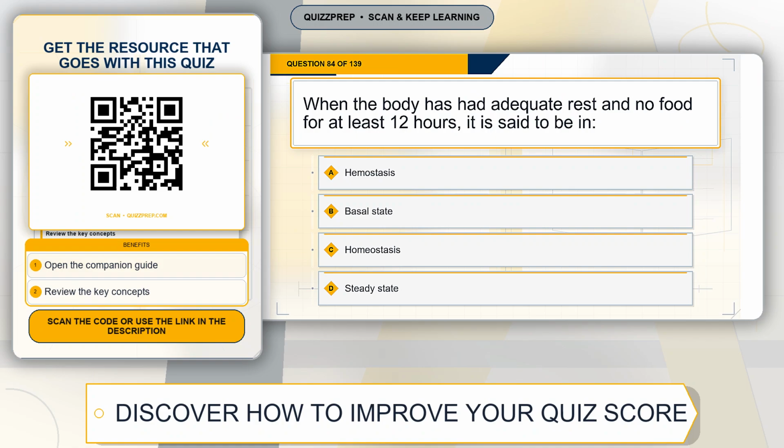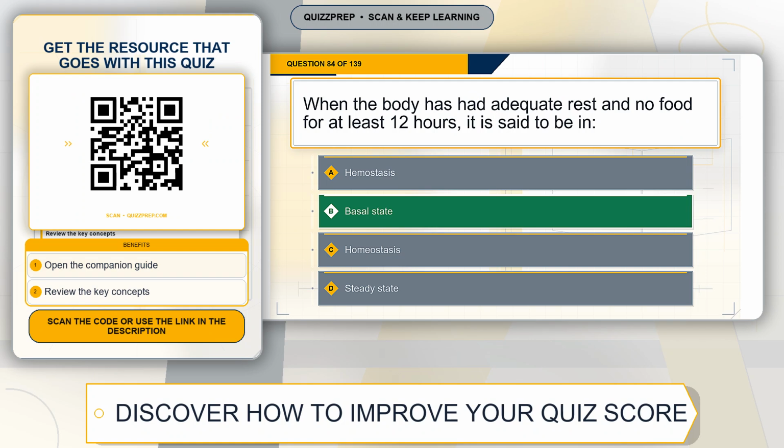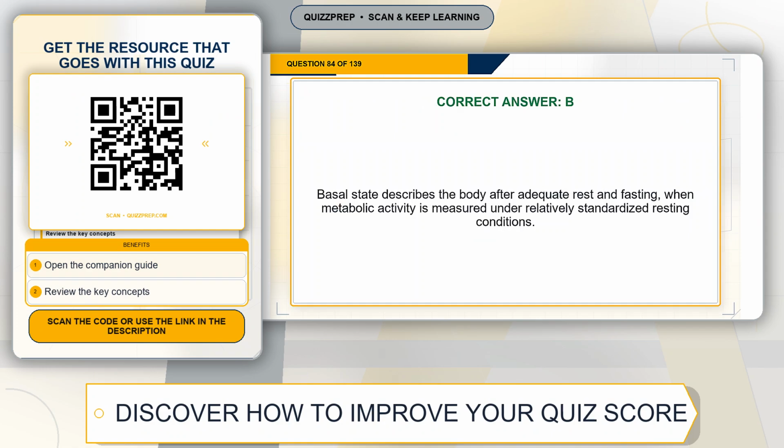Question 84. When the body has had adequate rest and no food for at least 12 hours, it is said to be in: Option A, hemostasis. Option B, basal state. Option C, homeostasis. Option D, steady state. The correct answer is option B, basal state. Explanation. Basal state describes the body after adequate rest and fasting, when metabolic activity is measured under relatively standardized resting